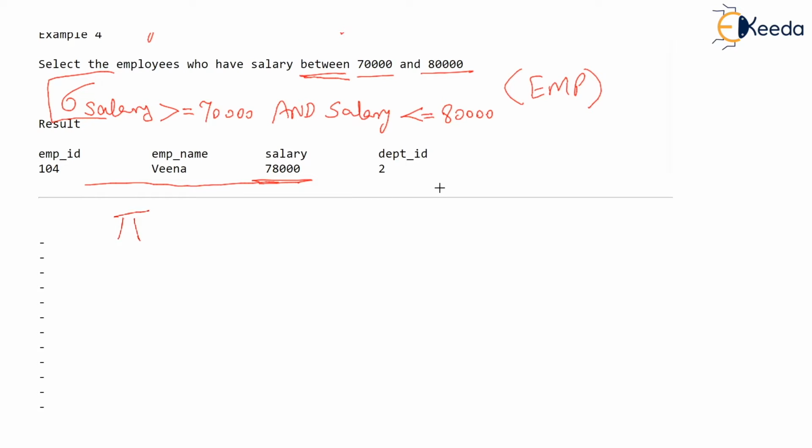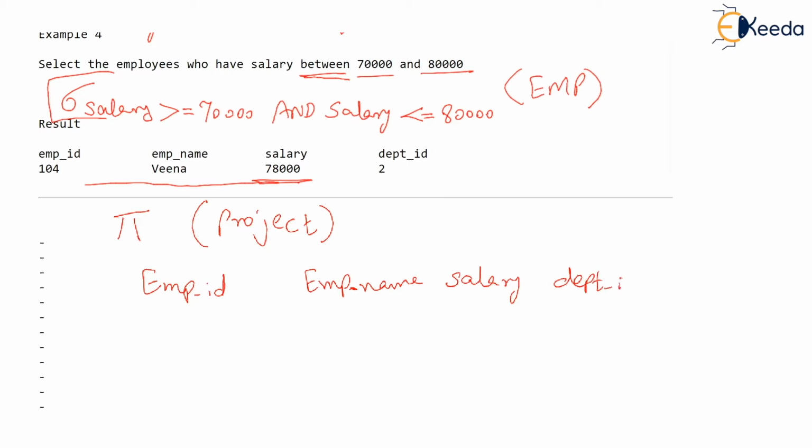Many times what we have to do is, suppose we have EMP ID in our table, EMP name in our table, there is an underscore here, salary and department ID. Let's say I'm not drawing the values, I'm not writing the values. Imagine some values in the rows. But this is our EMP table. This table is named as EMP or relation is EMP.